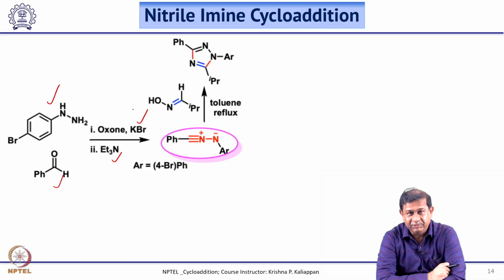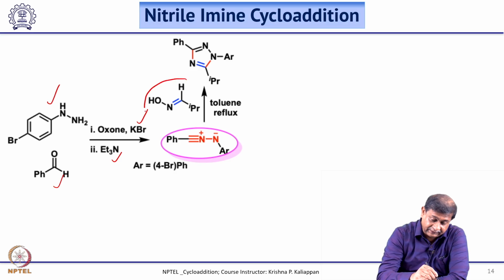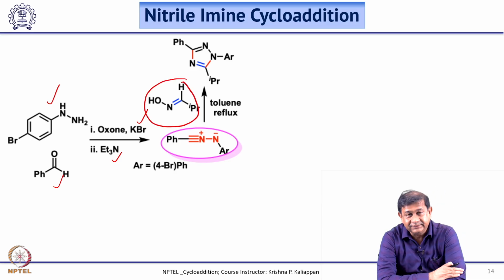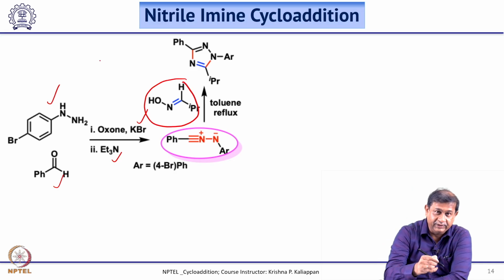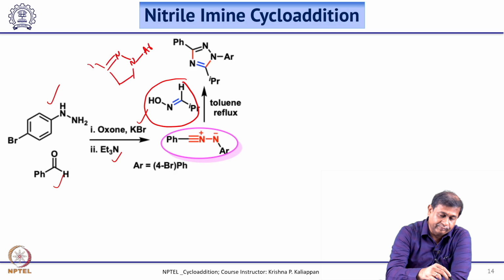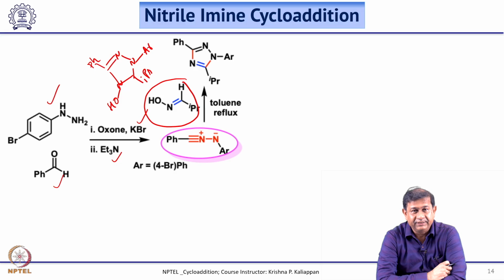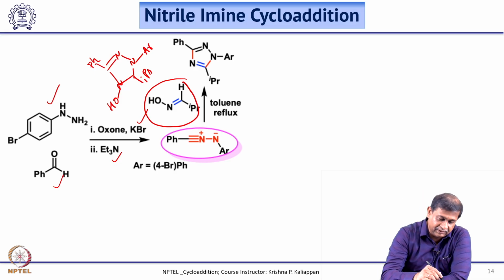So once you have this nitrile imine, you can treat with various dipolarophiles, and you can see here even oximes can be used as dipolarophiles. That means if you use oxime, you will get first this intermediate. So now the loss of water will give you